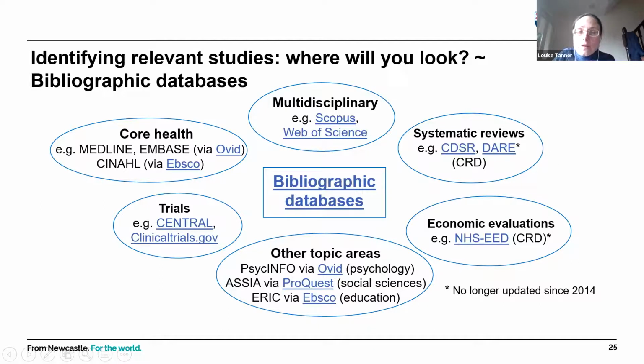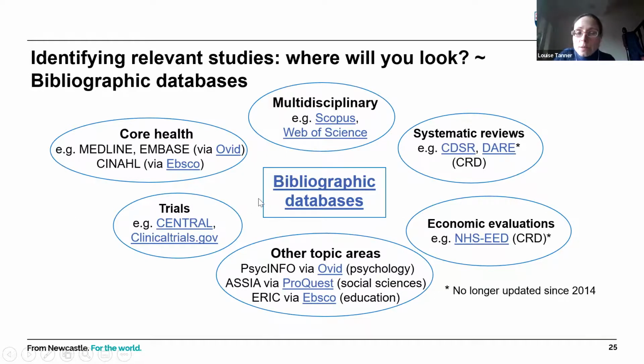The databases that you will search will depend on what your review question is and what the topic is. In general, the first place we tend to go to within the health sciences would be the health databases, including Medline. That's generally the first database we'll go to, also Embase, CINAHL. And they list journal articles. The scope of those bibliographic databases will be biomedical and health sciences.